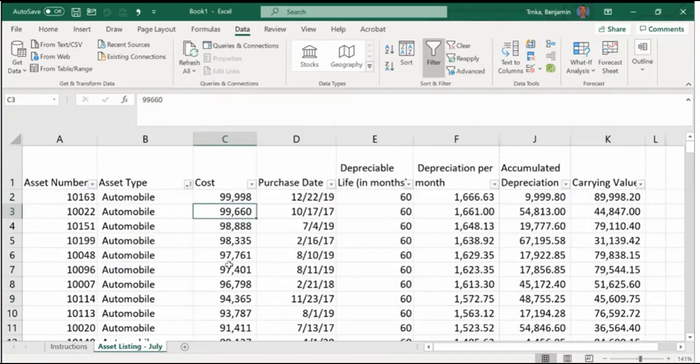So subtotaling, again, is a powerful feature you can do. Let's say I want to have a breakout that shows me just automobiles or just by asset type. What's the total cost of those? What is the depreciation expense per month of automobiles? And maybe what's my total carrying value left of the automobiles? Just random numbers, essentially. So if I want to add a subtotal, I'll go up to the data ribbon,